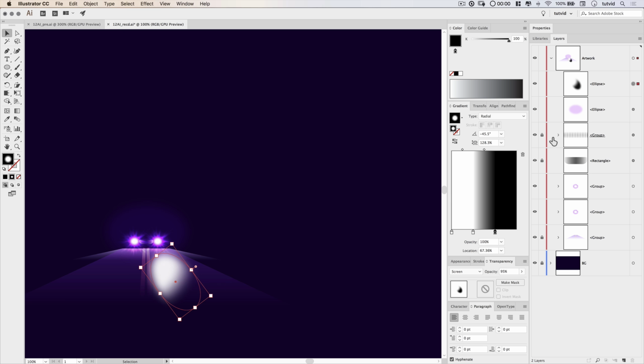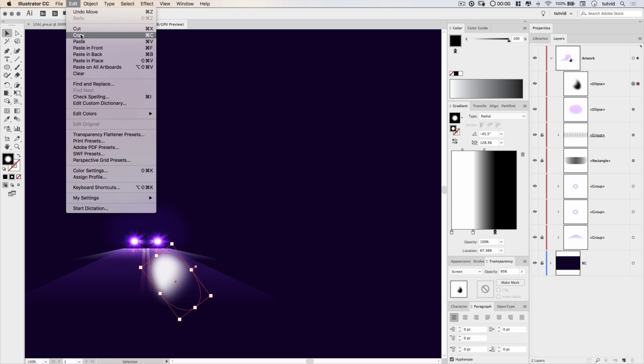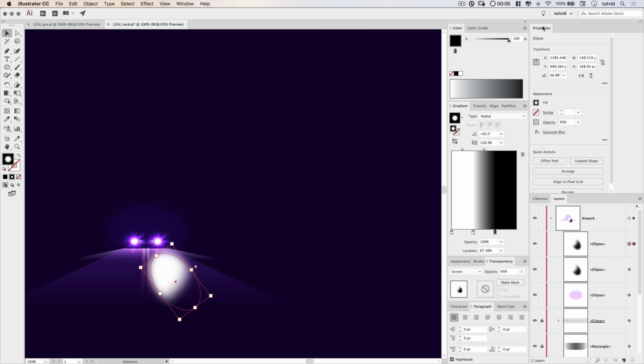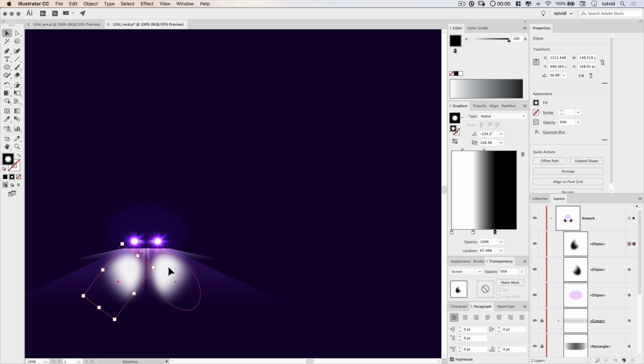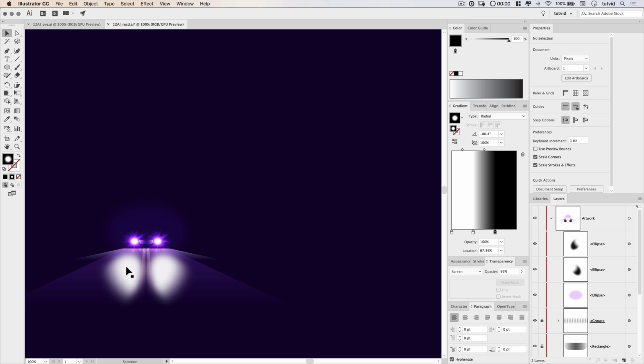Once I've got the shape in position where I like it, I'm going to duplicate it, Edit, Copy, and then choose Edit, Paste in Front. And then what I'll do is open up my properties panel, and I'll just flip it along the horizontal axis. Or I'm sorry, I'll flip it horizontally, but that's flipping along the vertical axis. And I'm going to drag it straight over and move it into place, just kind of like that. Maybe what I'll do is nudge it together. It's got to be a little bit closer together, so it's almost overlapping the yellow lines a little bit.